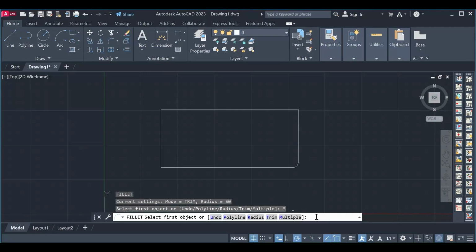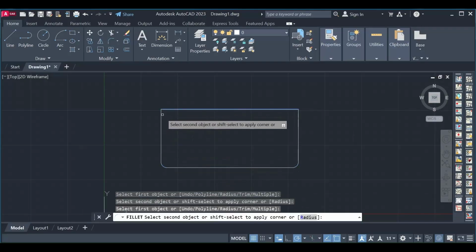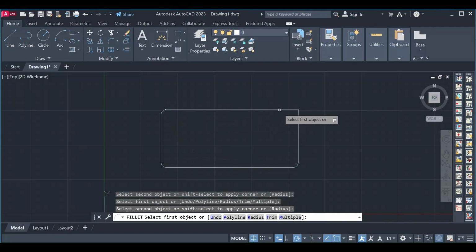Right now we can use maybe a different radius. We can use, let's say, 80 millimeters. Hit enter. So specify your first point, second point, first point, second point, first point, second point. Yes, so that's how we use the